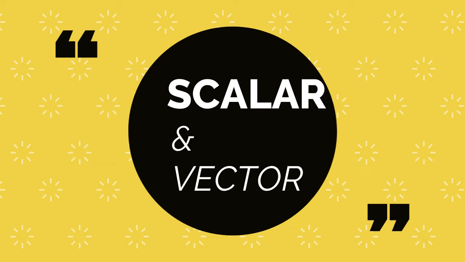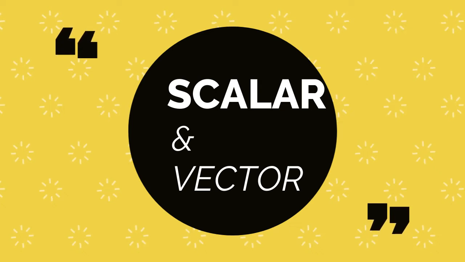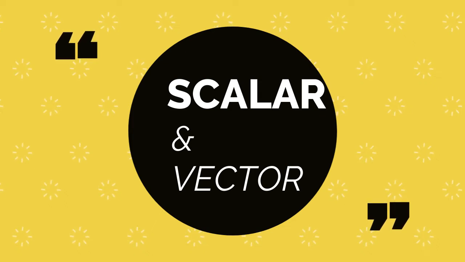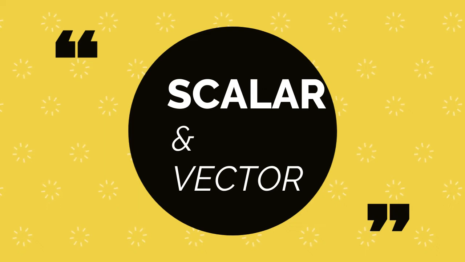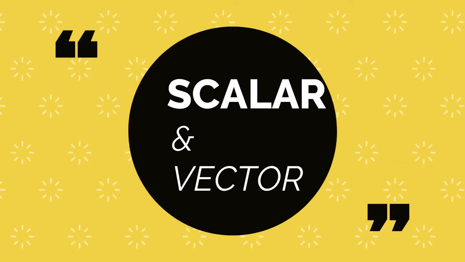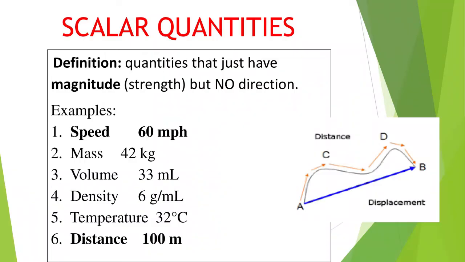Whereas a scalar quantity has got nothing to do with the direction. So if I say that this fan is at the speed of 4, the scalar quantity is never going to take care of the direction, whether it is clockwise or anti-clockwise. And a vector quantity takes care of the magnitude and direction both. Now we'll see some examples of scalar and vector quantity. Remember the 2 points, magnitude and direction, before we start.